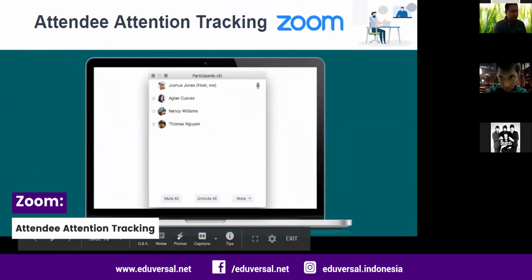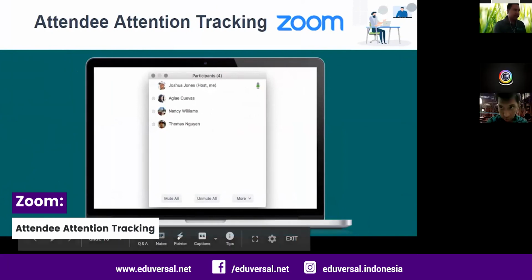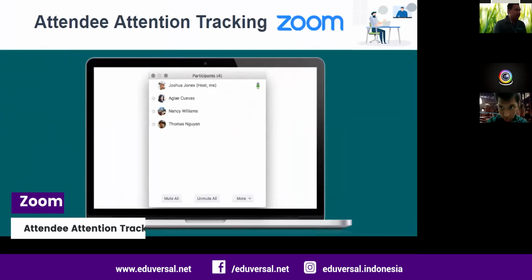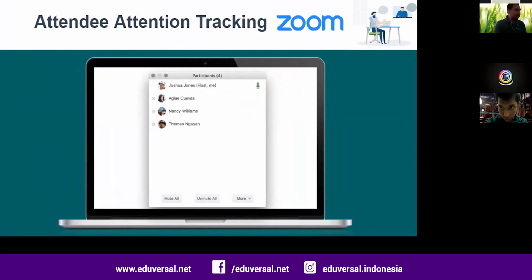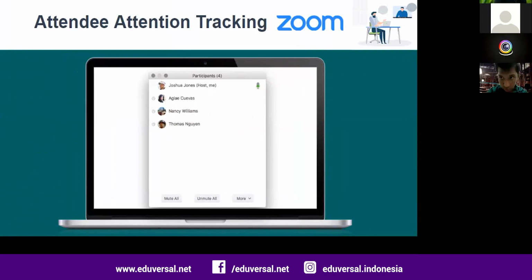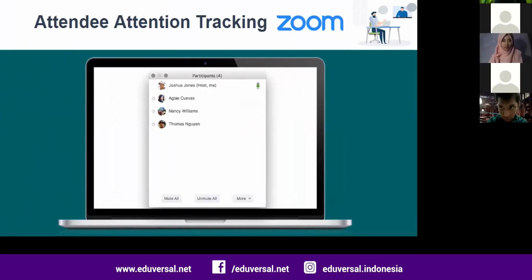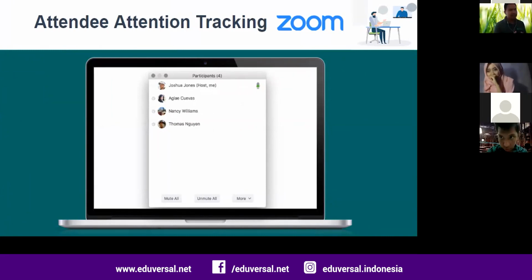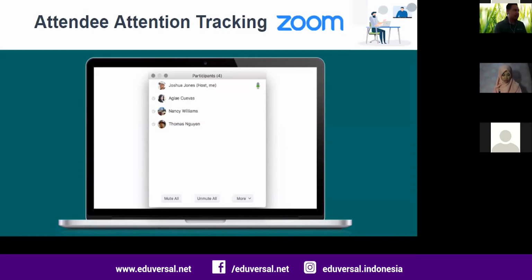The next one is attendee attention tracking. If you look at the manage participants feature or button on your screen, you can see whether the participants or students are not paying attention within 30 seconds. If they are using video and are not paying attention for 30 seconds, the Zoom app will show a small notification or sign in the participants list.